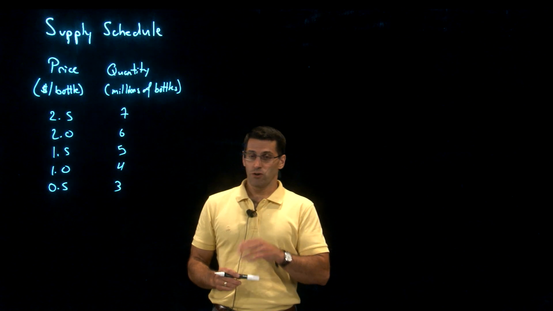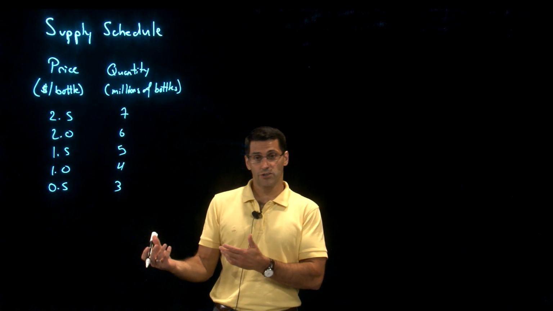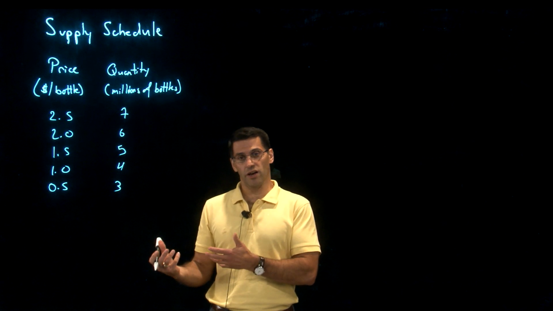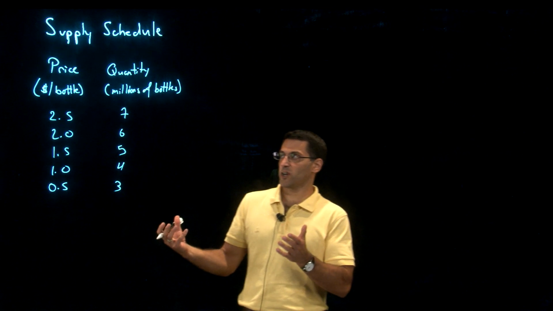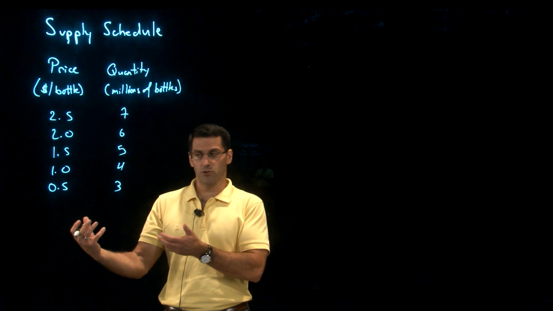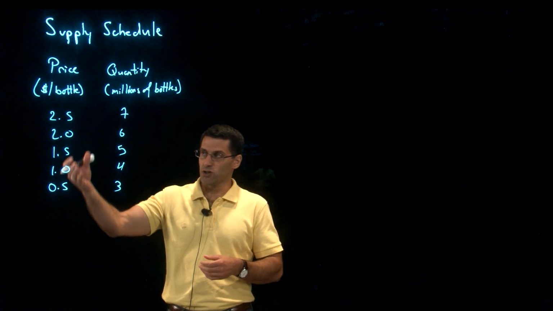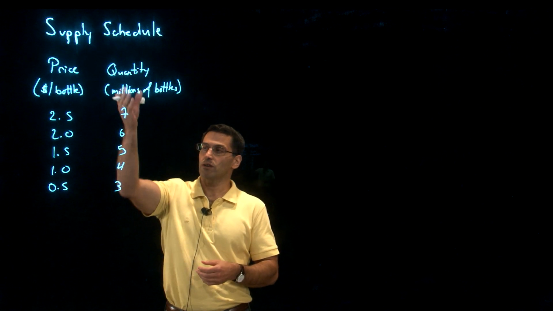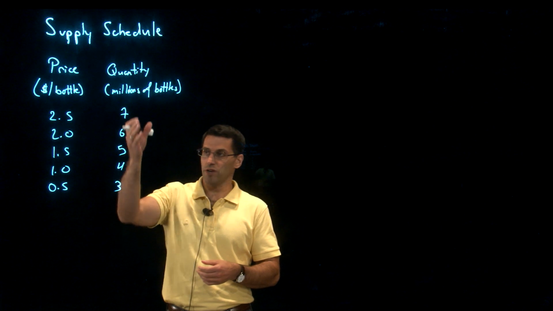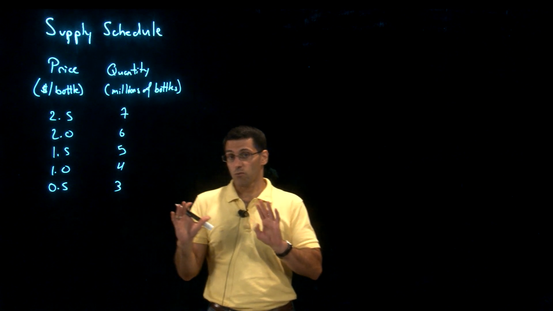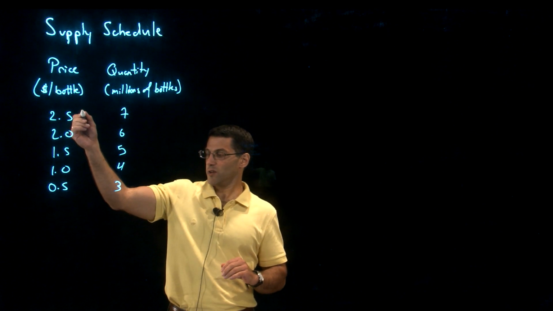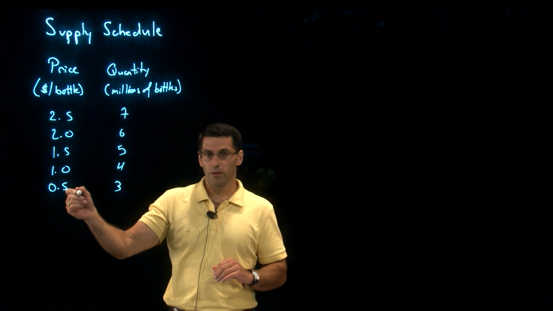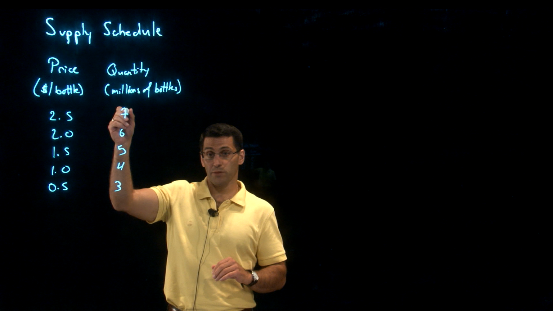So in the previous video, we talked about demand. Now we're going to turn our attention to the other side of the market, the supply side. So just as we had before, we start off with our schedule, in this case, our supply schedule. And first column here showing you different prices. In our second or right-hand column, we have different quantities. Now, of course, one major difference is that in this case, as the price goes down, the quantity supplied also